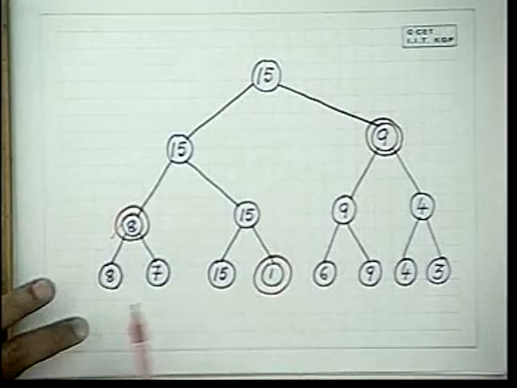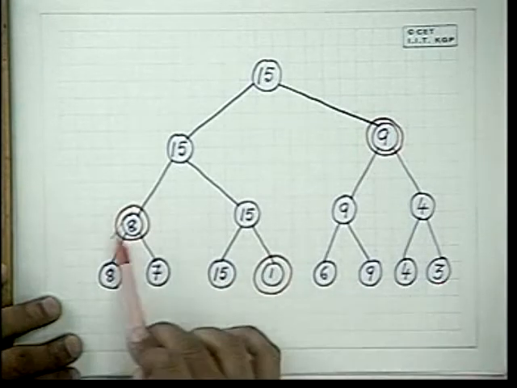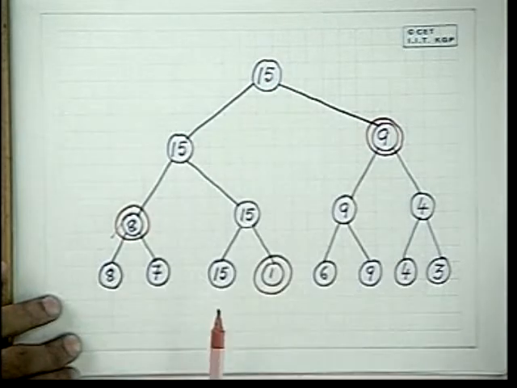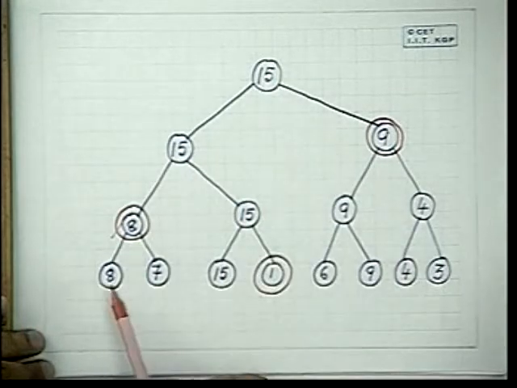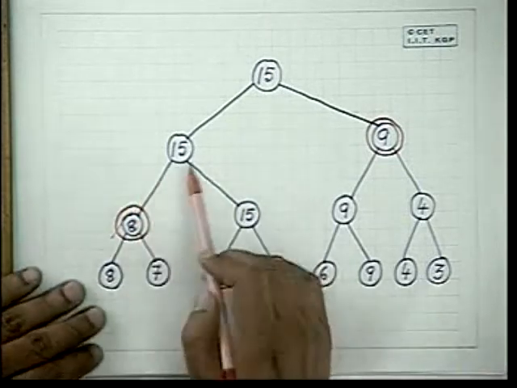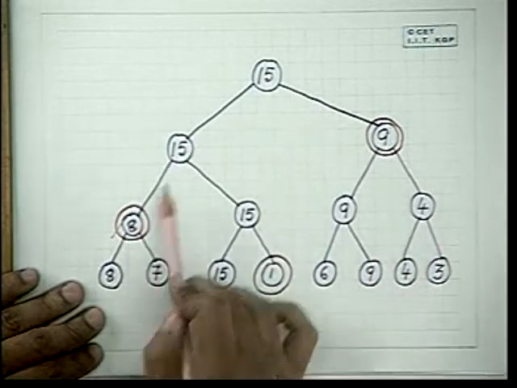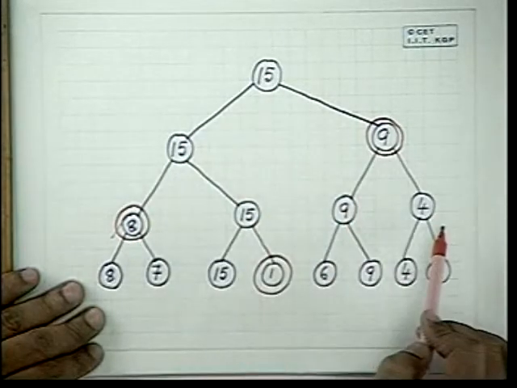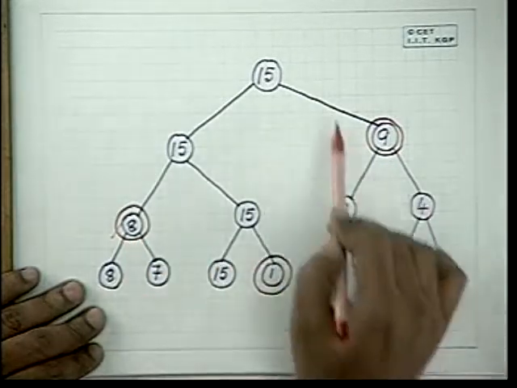There are many meanings of balanced, but for our tournament structure, let us argue it this way. If we set up pairwise comparison at the leaves and then continue to do pairwise comparison as is done in a standard tournament, you will see that if there are 2 to the power n numbers, like 8, for example, if there are only 2 players, then there will be only 1. If there are 4 players, the length of all the paths will be 2.